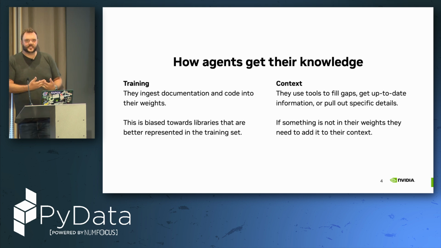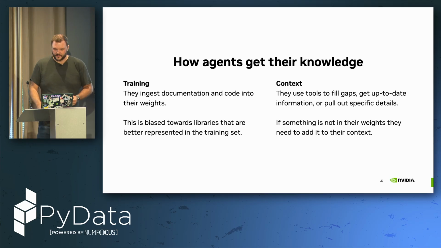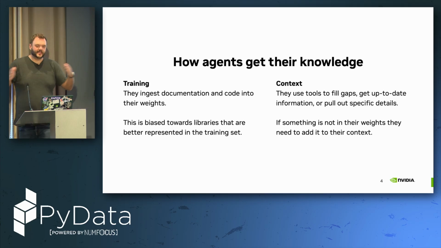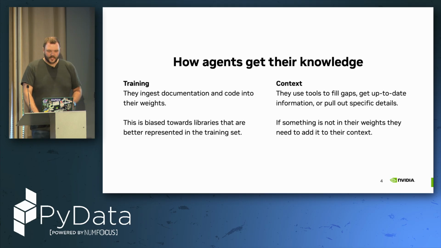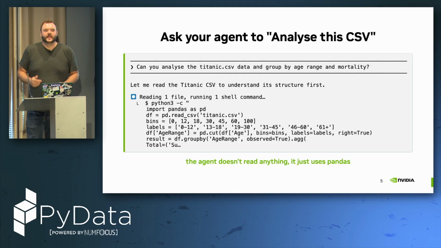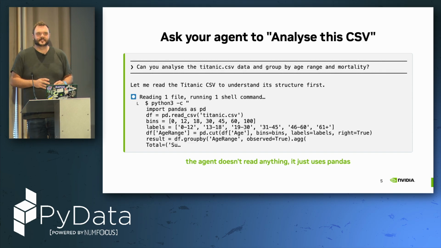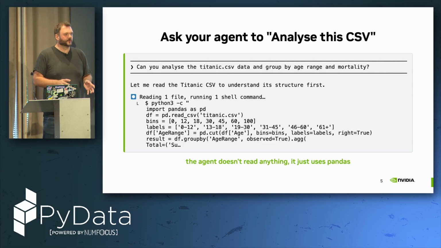It's going to read files and ingest them into its context window so that it can then generate more code based on that stuff. So you have this pre-training phase and this inference time phase of learning about things. Now, I ran this little example before. If you just grab the generic titanic.csv data set that every data science 101 course uses,